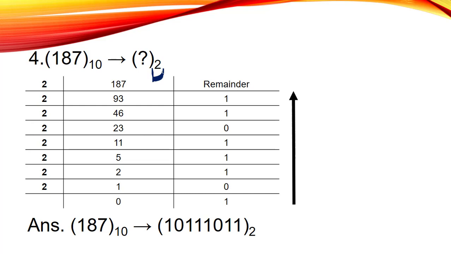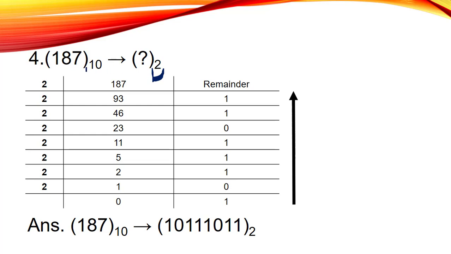And one most important thing, whenever you divide these numbers, you have to note down the remainder on this side. Fine. And at the end of this calculation, you have to write down all the remainders in the reverse sequence. It means from the bottom to top. Now let's solve this question quickly.